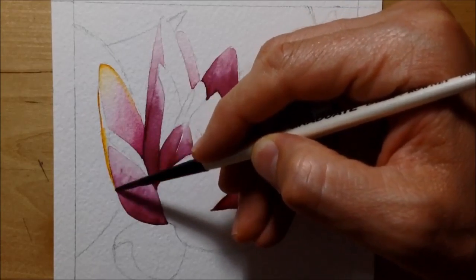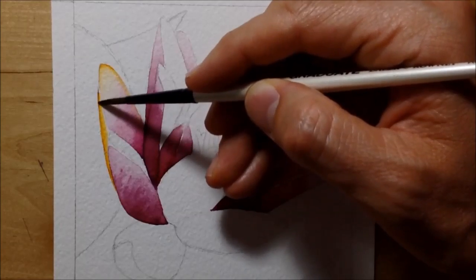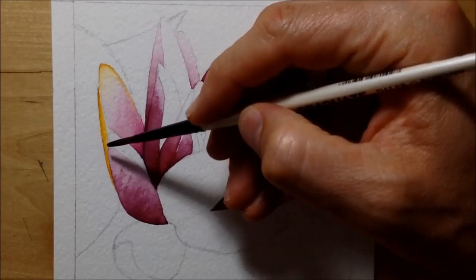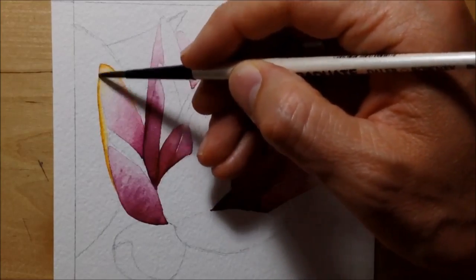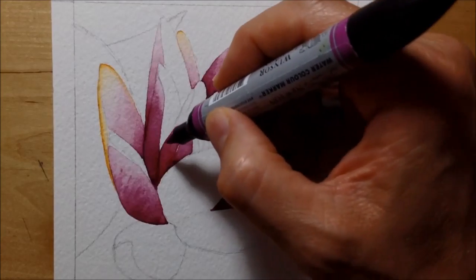I think the key here was to make sure that I could dilute the orange though, so it wasn't too strong. I could get that water in, move it around with the brush, and so that there was just this hopefully subtle orange edge to this petal, and also a couple of the others that I have to do. I've got a bunch of the petals finished by this point, but I just wanted to show you what I'm doing here